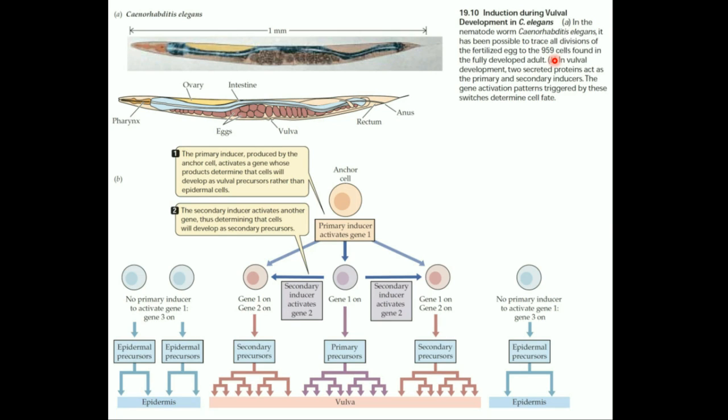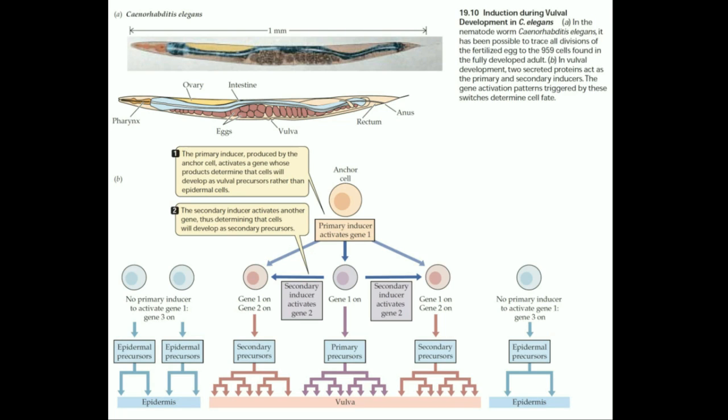Can you imagine? Now, with an organism that is quite complex, it has a pharynx where it ingests food and digests food. It has a digestive tract. Here's the intestine. It has an ovary. Well, in this particular species, it has both male and female organs. We have a complex organism. Okay, so what is so cool about this species then is that with so few cells in the adult, we